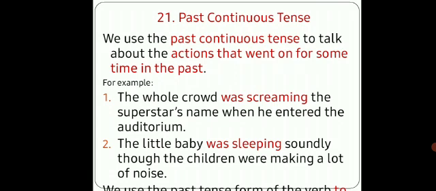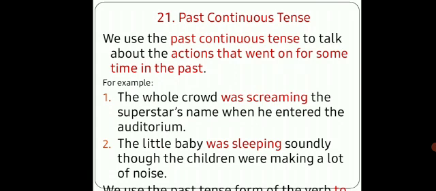Even then, the baby was sleeping soundly, peacefully. We would be disturbed, no, if somebody makes noise when we are sleeping, but the baby was not disturbed, was sleeping soundly. So was screaming, was sleeping, here both are in the past continuous form. So you can see the word was,